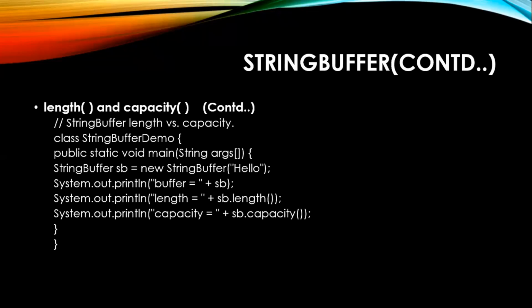So here is a small example to understand what exactly is the length and what exactly is the capacity. If you are able to give me the answer for this System.out.println statement, then that shows you understood whatever I have explained. If you have any questions, you can post those questions in the chat box. Okay, StringBuffer sb, so sb has that particular Hello. Hello will be printed.